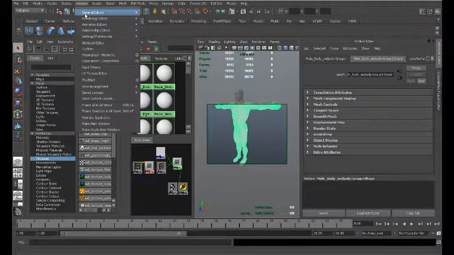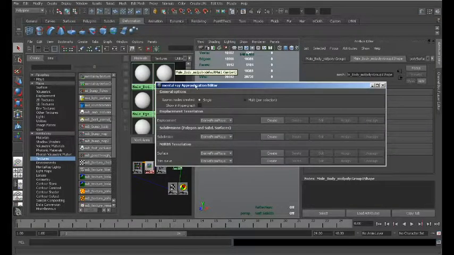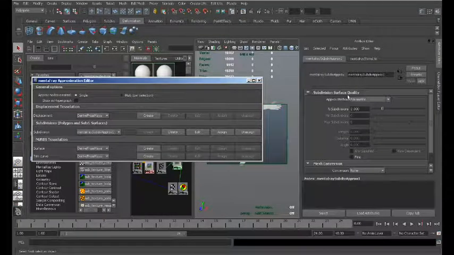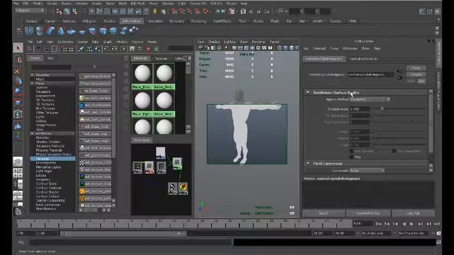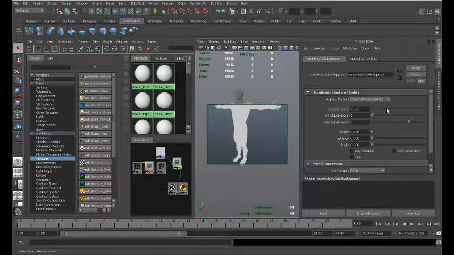You go right up here to Windows, Render Editors, Mental Ray Approximation Editor, and right down here under Subdivisions, click Create, and you will see that you have a new category, Subdivision Surface Quality, and let's go down right here, Approximation Method. We're going to Length, Distance, Angle,